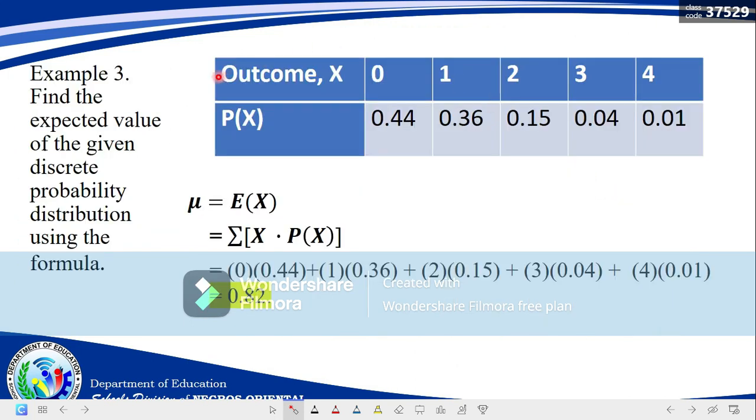Now let's have an example 3. Find the expected value of the given discrete probability distribution using the formula. So we have here the outcome is 0, 1, 2, 3, 4. You have the corresponding probabilities. 0 is 0.44, 1 is 0.36, 2 is 0.15, 3 is 0.04, 4 is 0.01. So the mean is, this is how you're going to solve. You have the summation of x times p of x. So you will have 0 times 0.44 plus 1 times 0.36 plus 2 times 0.15 plus 3 times 0.04 plus 4 times 0.01, and the answer is